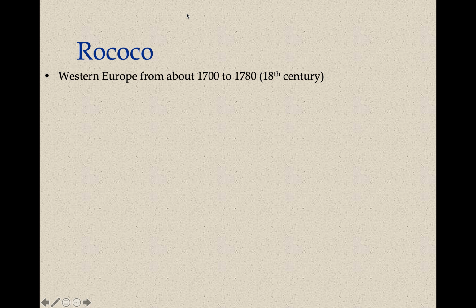All right. So Rococo, ladies and gentlemen, which I'm going to start off with and talk about, was the art of Western Europe during the 1700s. And this art form really portrayed the life of the aristocracy. This carefree life, this life of privilege, this life of power. Rococo art, that was a major theme within this.